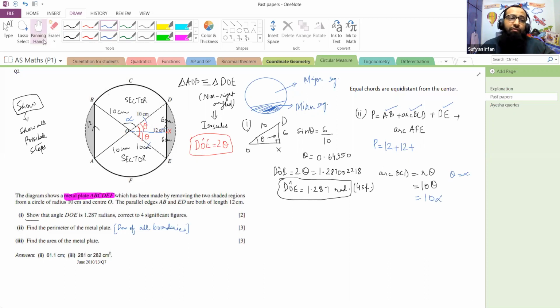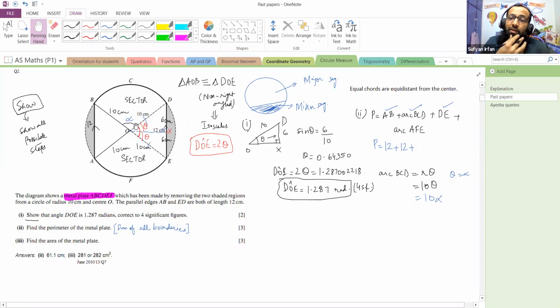Now, how to find the value of alpha? Theta is an angle, right? The name of the angle that we are using is alpha. So we have to find the angle alpha. How can we find the angle alpha? Now we need to use our brain for that. We know that there are two methods. BOE is a straight line. If you have drawn it properly, we can realize that BOE is a straight line. Now if BOE is a straight line and we have a part of it, to find the other part, we subtract it from 180.